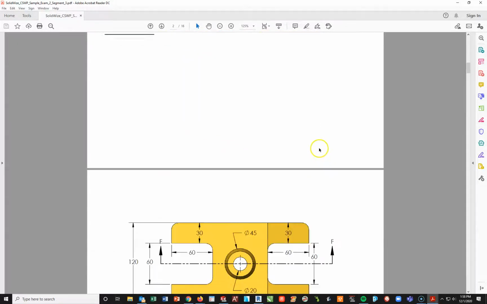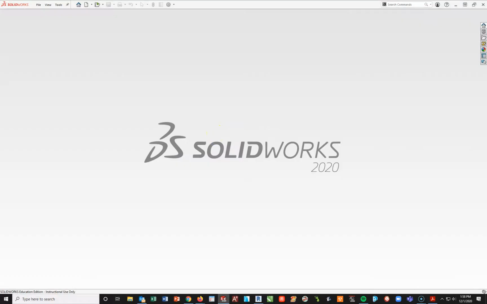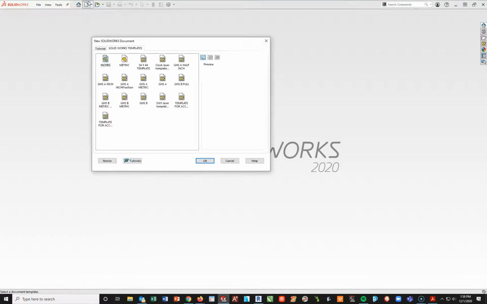Okay, so let's go ahead and pull this up. In this case, I'm going to go ahead and get my SolidWorks up and running. I'm going to start this from a top view, so I'm going to make this pretty straightforward. Actually, excuse me, I'm going to do it from a right side view. I'm just going to look at this, or a front view. I'm going to go ahead and do a front view on this,